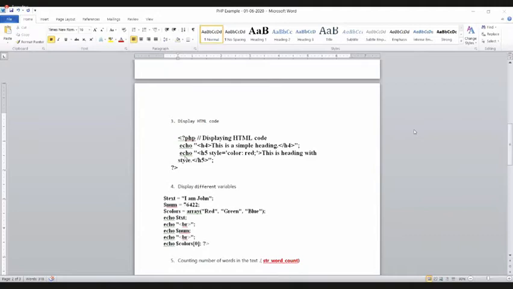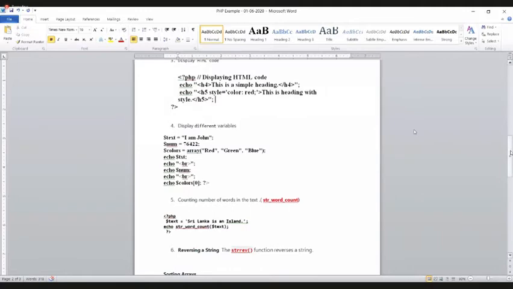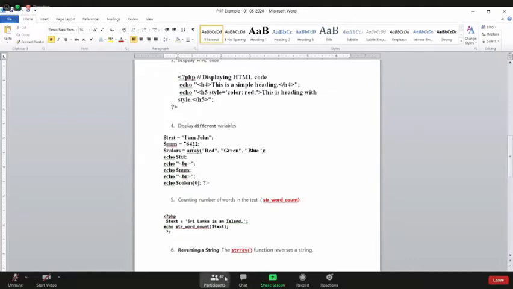And those who have finished this HTML coding, go to the next one. We talked about strings, then data types, right? Numbers.